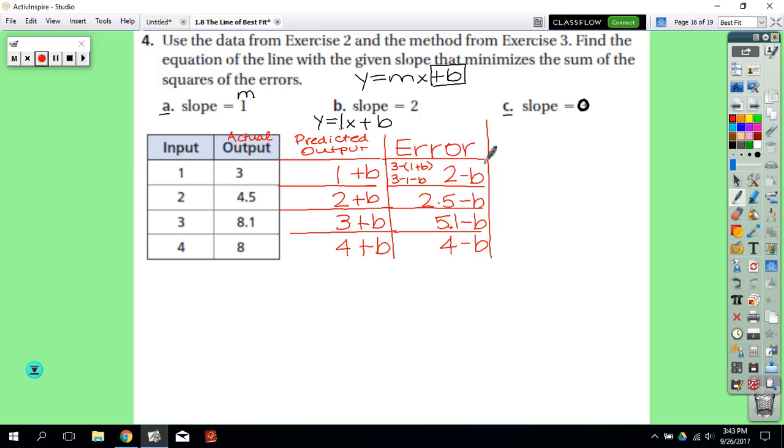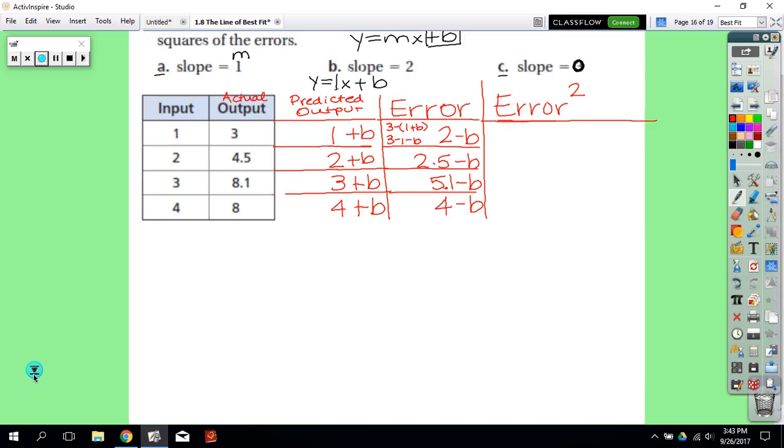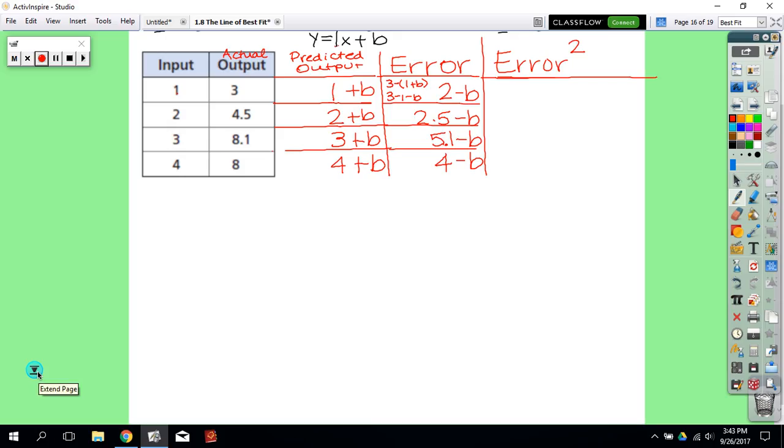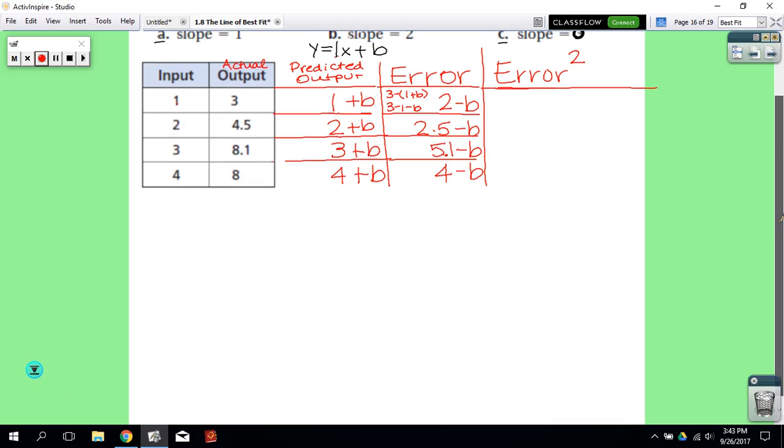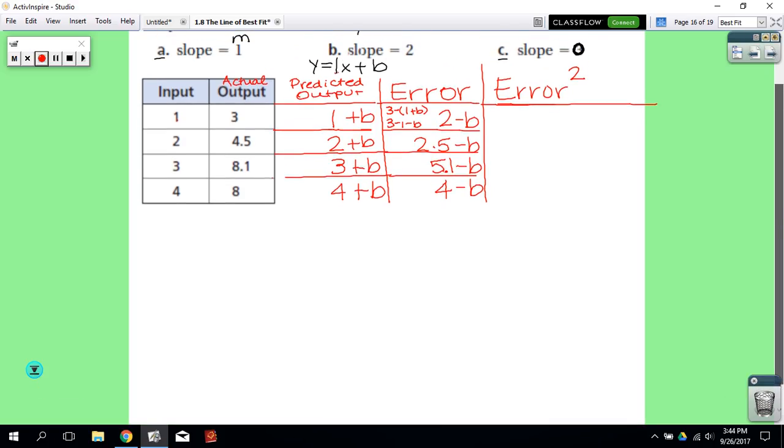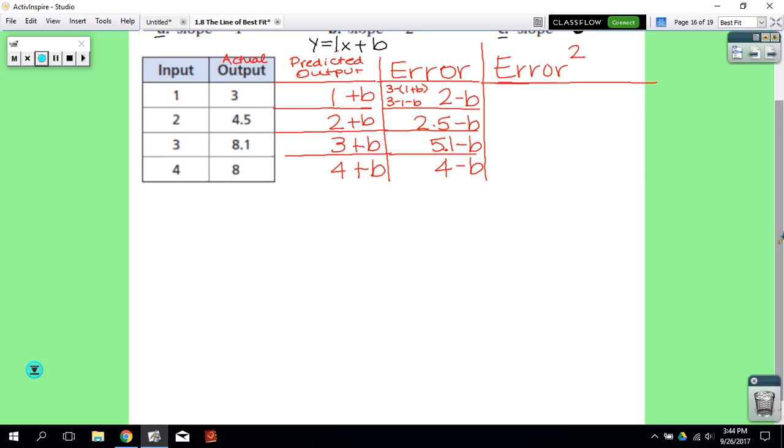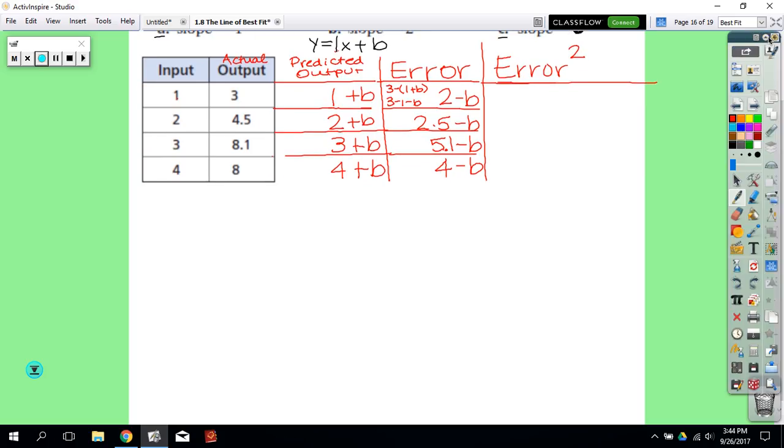Okay? And then if you remember, the next step that we had was we had to square the error. And this was the fun part. This is where our lesson from yesterday came into play. I'm going to move this down just a little bit. Okay, so each one of these errors we have to square. And remember, you can't just say 2 squared and negative b squared. You have to distribute. You have to use the FOIL